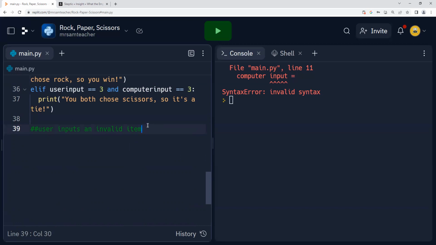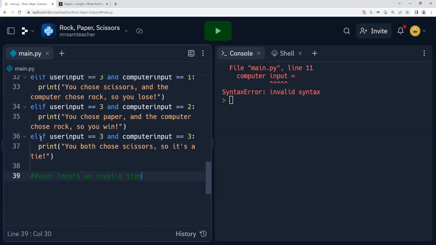All right, the last thing, because we didn't close it out with an else statement yet. The last thing is, what if the user inputs an invalid item? What if the user put in a 4, a 5, a -1? What if the user typed in a letter, or a string, a bunch of letters? Or what if they just put something that was kind of outlandish? So we have to make sure to give this